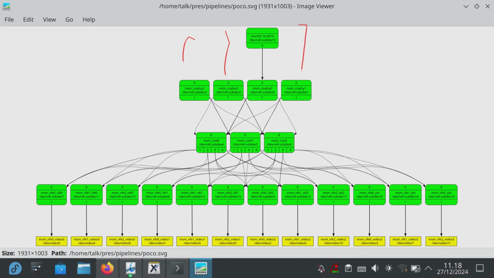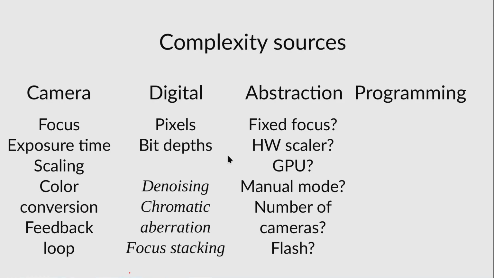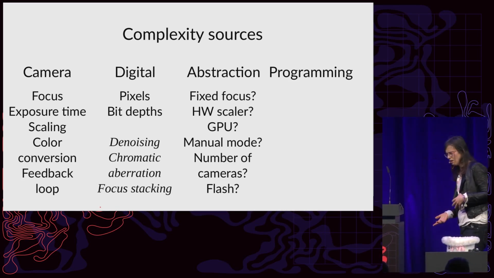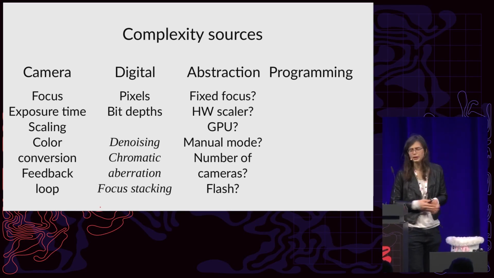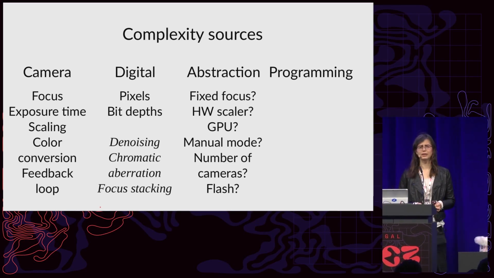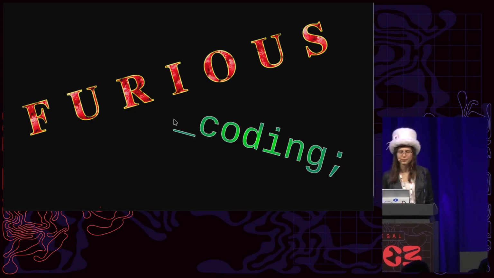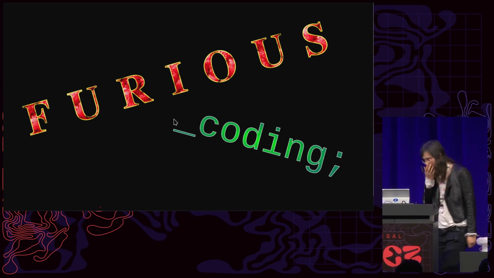Right, including the information that is actually not visible on this diagram, because there's a bunch. So let's go back to the presentation. And there is the last category, which is the actual programming, the abstraction of the video for Linux, the choice of the language, the choice of the architecture, the way that we handle buffers, for example. Those things can only be figured out by more coding. And this is what I've been doing for the past couple of months.